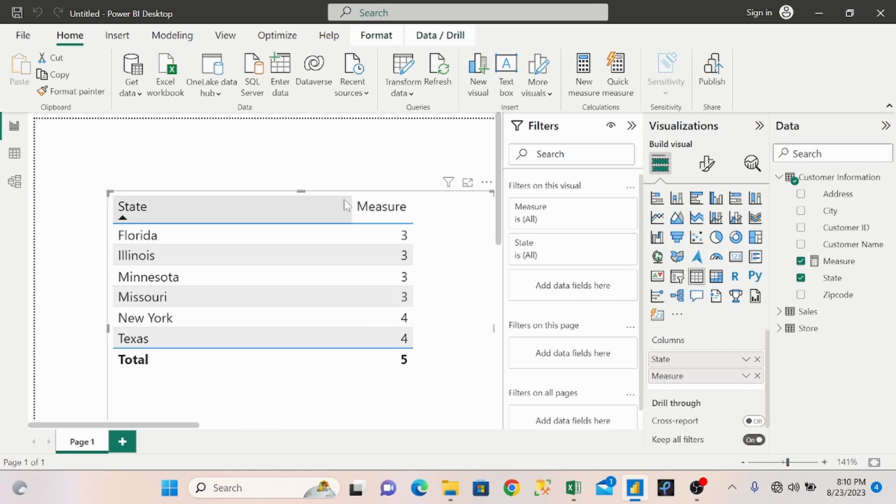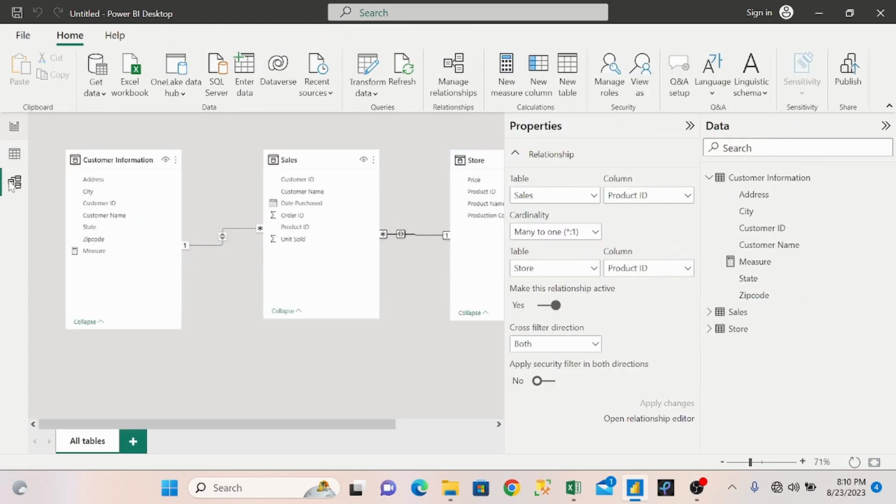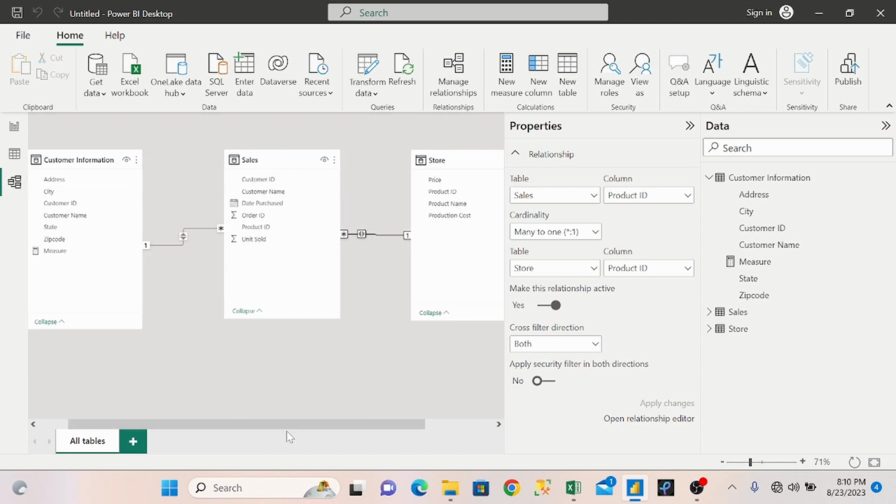As you can see now, accurate information is being shown to me, because I'm seeing in Florida, 3 of my product IDs were being bought. So now I'm seeing the correct information. That's the difference between single cross filter direction and both cross filter direction, because if it's in both, your entire table is going to be treated as one. Let me delete all these